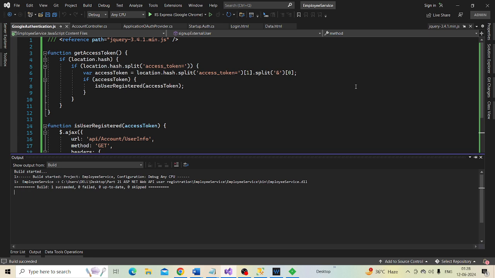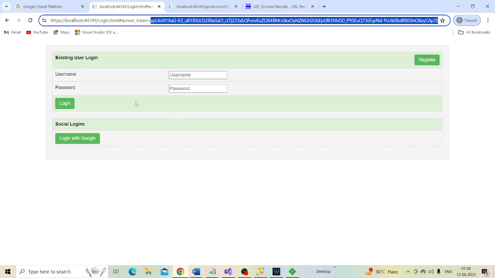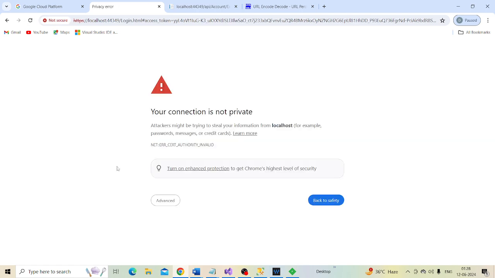Now let's go back to the login.html page. We are already logged in with this email address, 2andromeda@gmail.com. If you are not already logged in with your email, then again give your credentials. Means go to the browser and reload it.